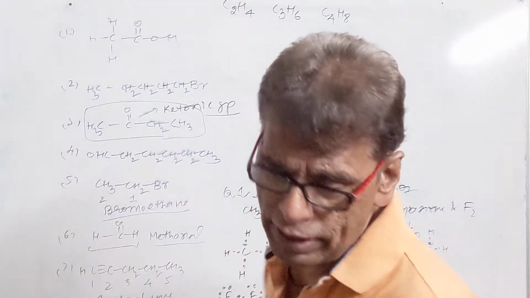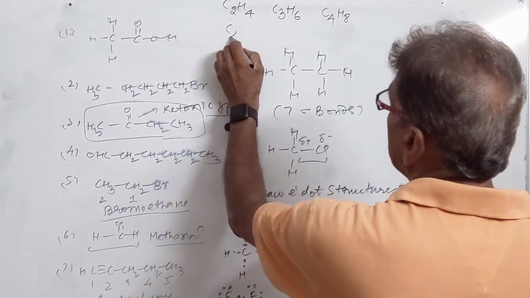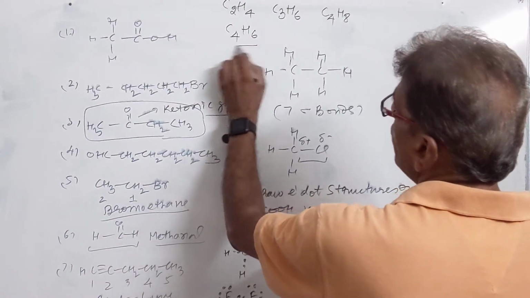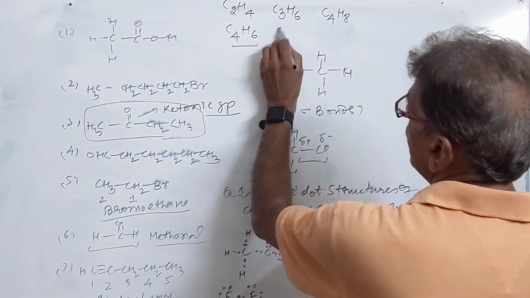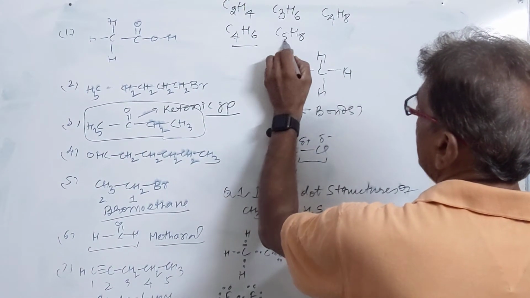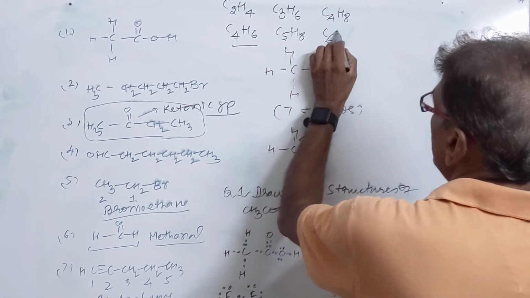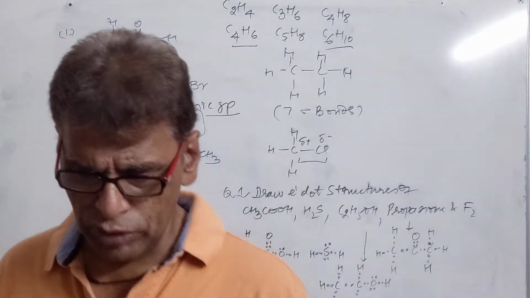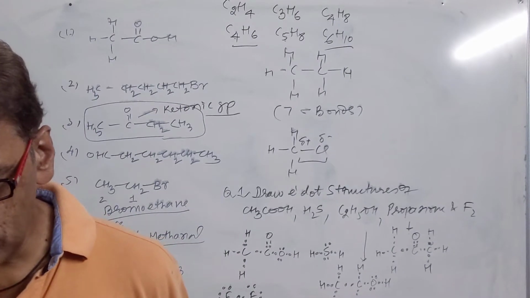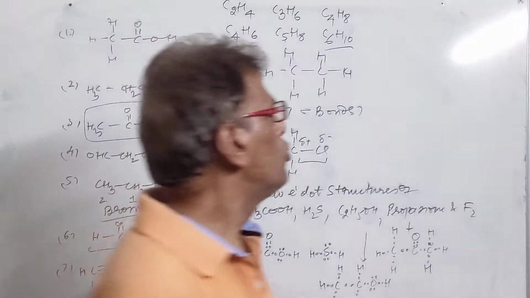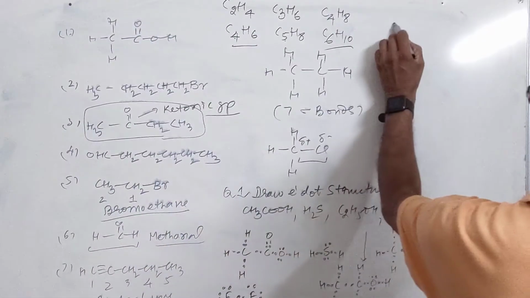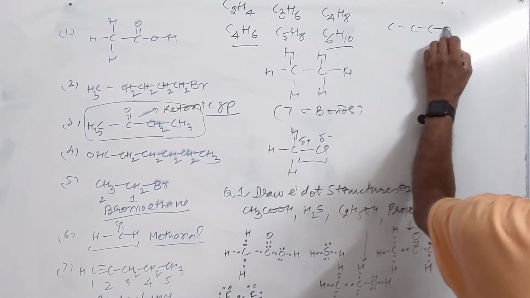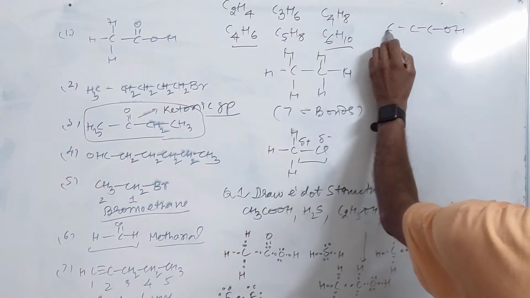Then we have to write homologues of C4H6. You have to do nothing, add one carbon, two hydrogens. We get C5H8 here. Again add one carbon, two hydrogens, we get this structure. So these are the homologues of this family. Write the name and structure of an alcohol with 3 carbons. Not a difficult question. You make the 3 carbon chain, write an OH group at one end, whether here or here.